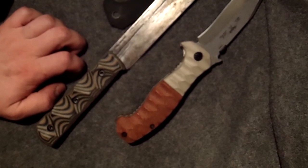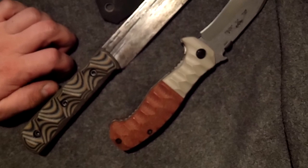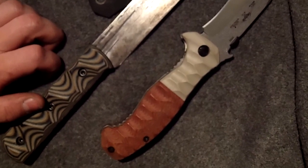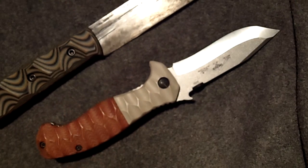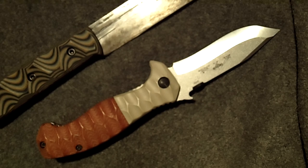Also, just letting you guys know, when you do send me something, make sure you insure your stuff and make sure you keep the receipt. Even though I tell you that, it doesn't really matter, because I had a really nice guy who's planning on sending maybe around 8 or 9 knives, and that's really cool of him, and I'm glad that he chose to go with me to customize his stuff. But unfortunately, he sent me